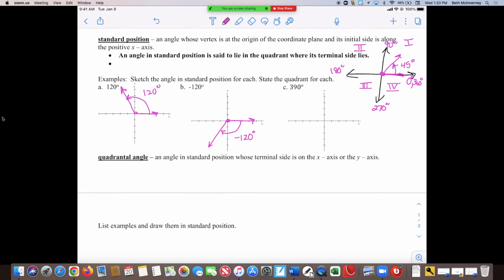Let me go back, I forgot. In letter A, that was a second quadrant angle. Letter B, where is the terminal side located? What quadrant? Third. All right, just caught myself. Okay, letter C,